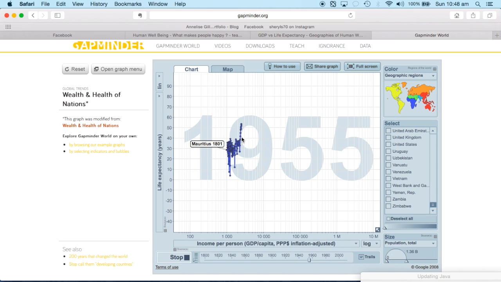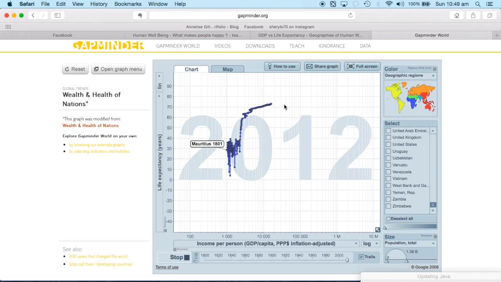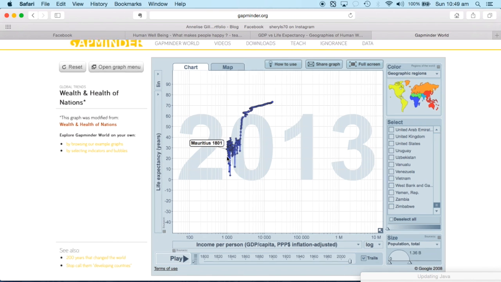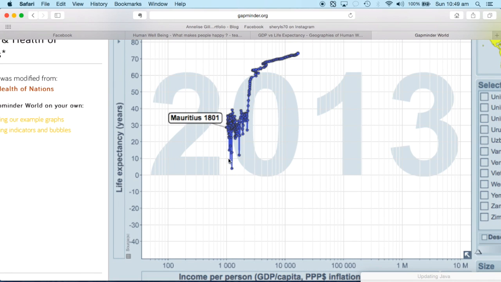And then around the 1940s, 1950s, suddenly people are living a lot longer, almost 20 years longer. And they continue to improve their life expectancy right up until 2013. So I find this really interesting to try and work out what was happening